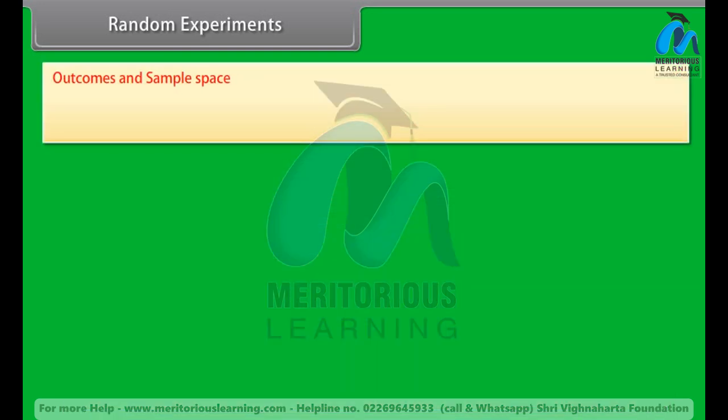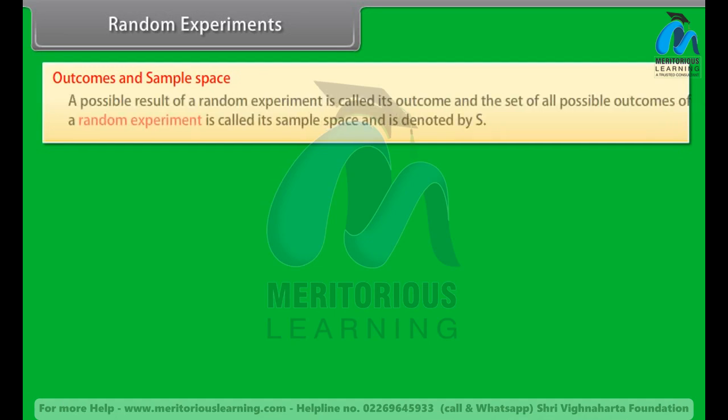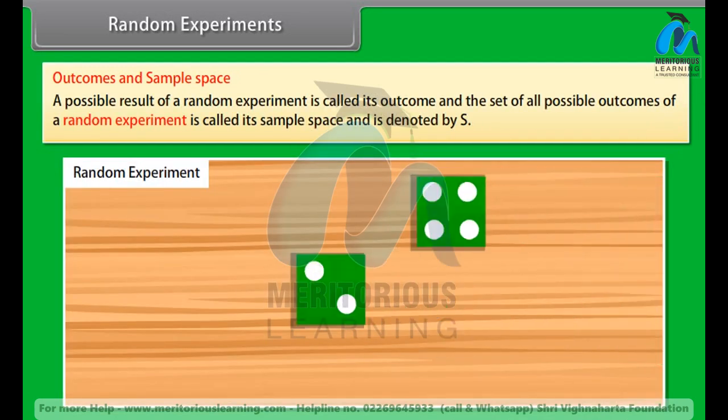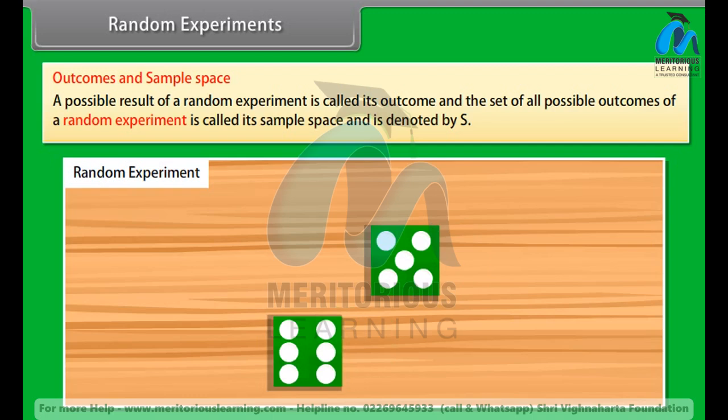Outcomes and sample space. The possible result of a random experiment is called its outcome, and the set of all possible outcomes of a random experiment is called its sample space and is denoted by S. As you see in the animation, the outcome of throwing the dice are different in both cases, so these are